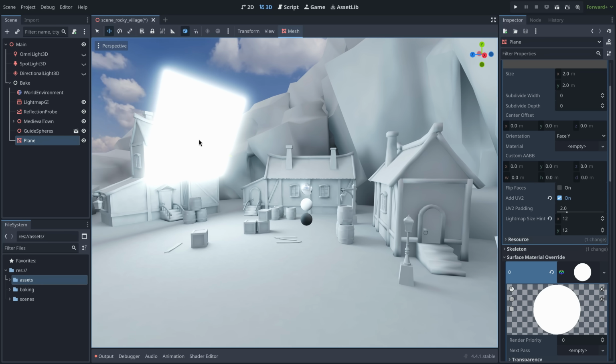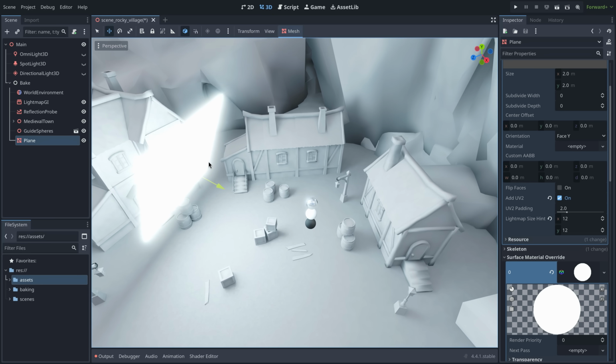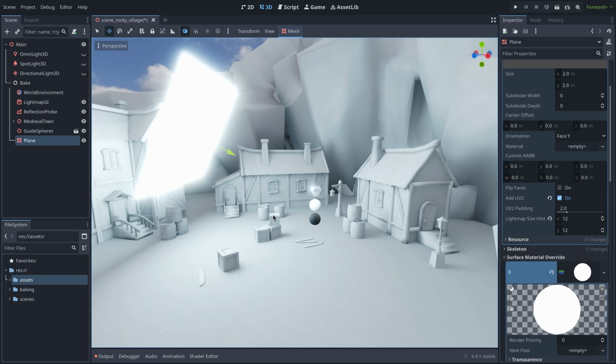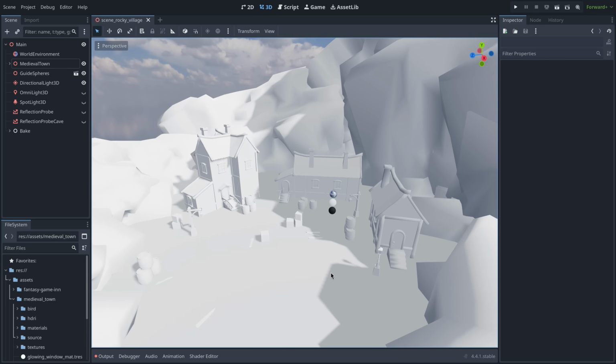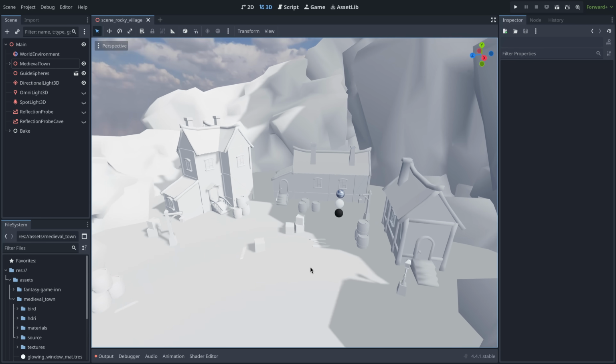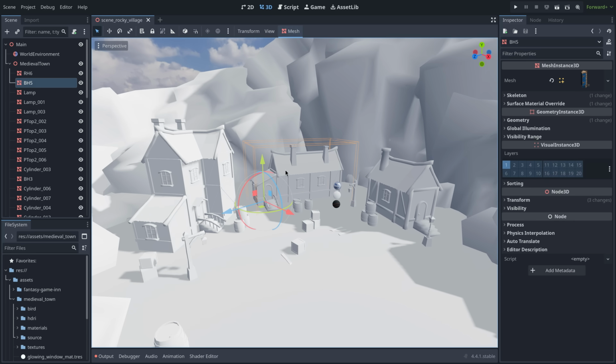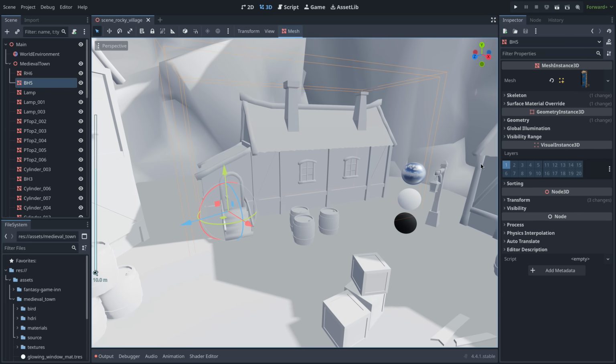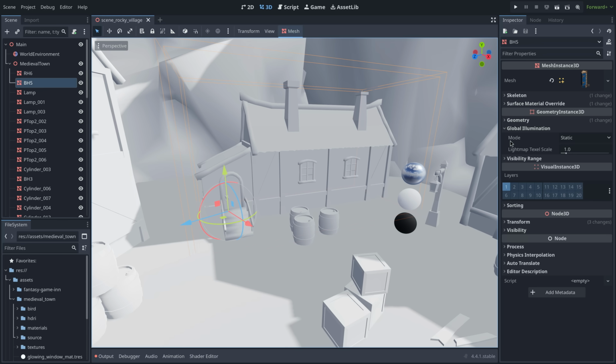Achieving good-looking global illumination is particularly difficult for objects and lights that change during the game. Because of this, no matter which GI solution we choose, we need to start thinking about which parts of our scene are static and which we want to move. Normally, meshes in Godot are marked as static. By selecting a mesh and going under global illumination, we can change this. Static is of course used for objects that you're sure will never move, but you'll notice that there are two more options here: